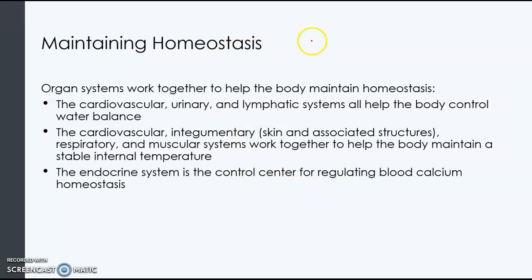So these organ systems function in maintaining homeostasis, or maintaining a constant balance of conditions within our cells. So that's the function of the organ systems. And some examples are control systems,